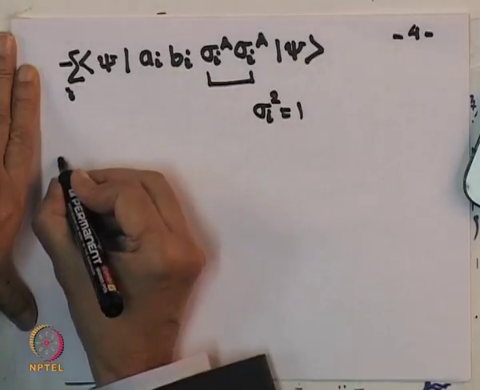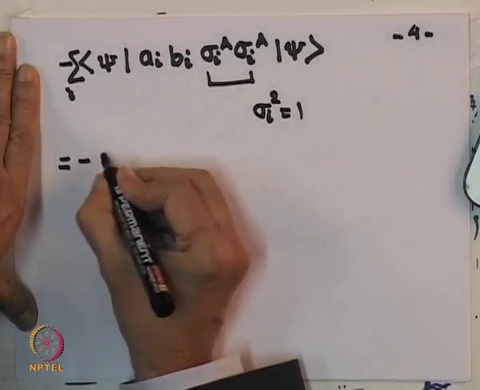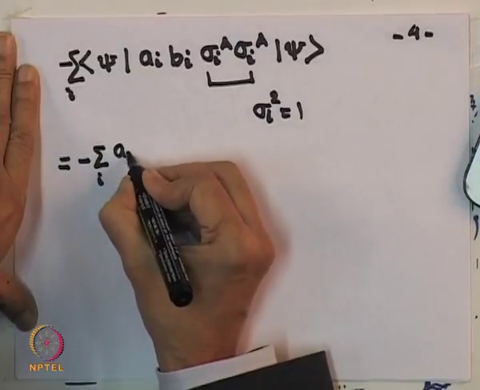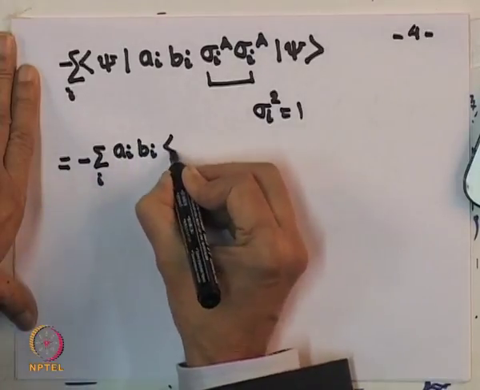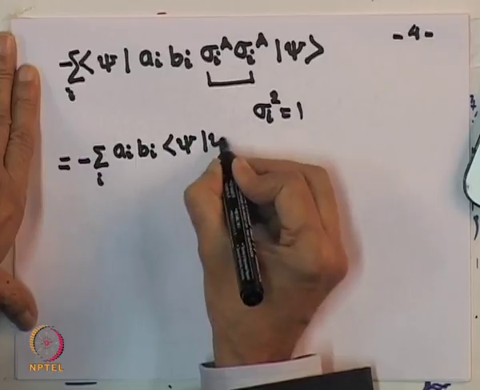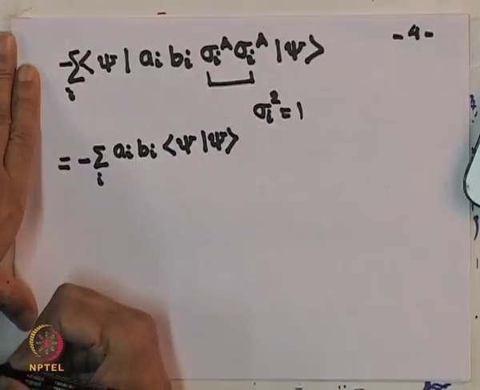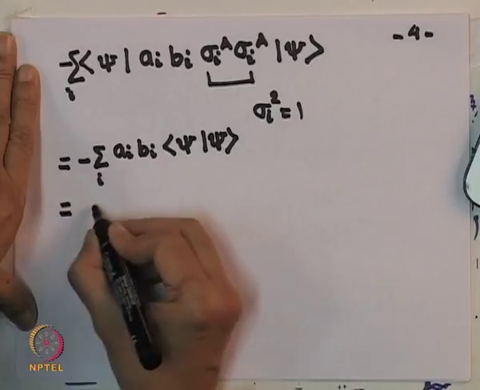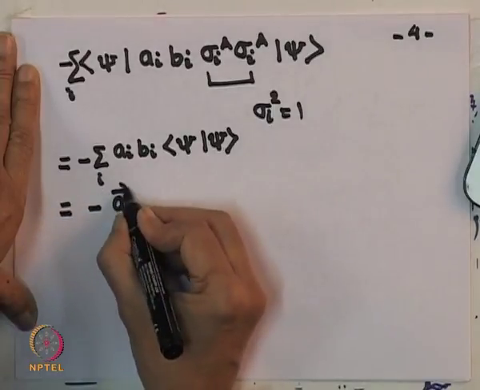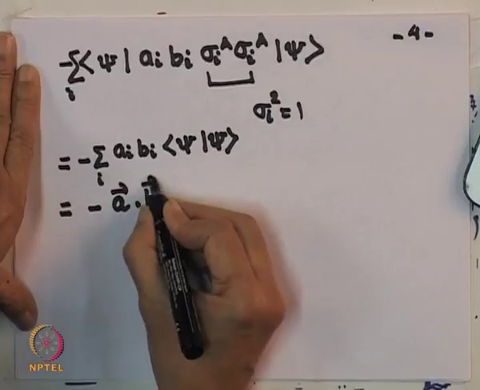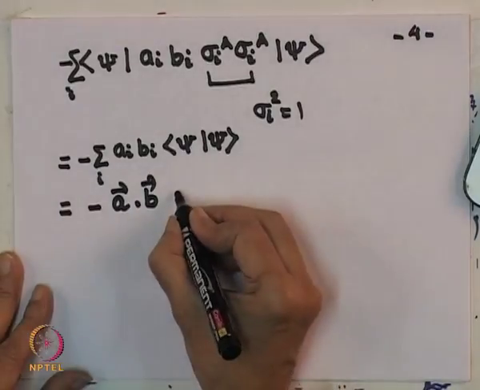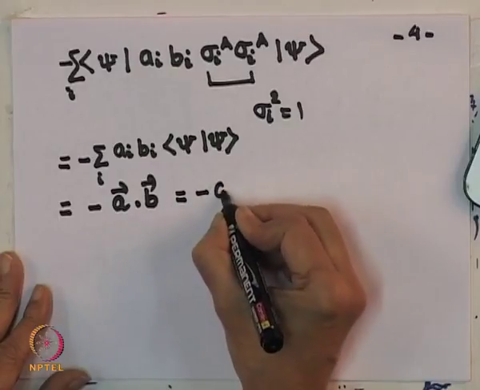So therefore this quantity is minus sum over i, ai bi, psi, and of course the state psi is normalized. So therefore I have this as minus a dot b, and which we have said is nothing but minus cos theta,